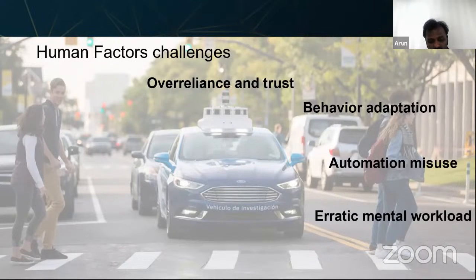And the erratic mental workload, which we usually say that, for example, if the vehicle is taking care of the complete driving tasks, so the humans will get bored. So probably they will engage in some different activities. And then let's say that you are watching a video, and if the vehicle is asking you, please take over control, then probably your brain will experience the maximum workload at that particular point in time if you don't react quickly.